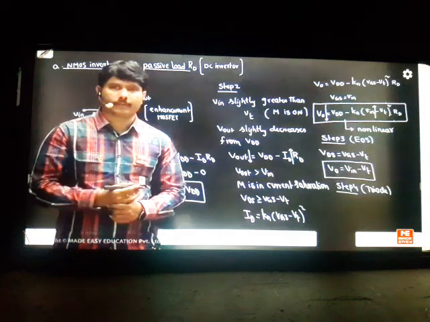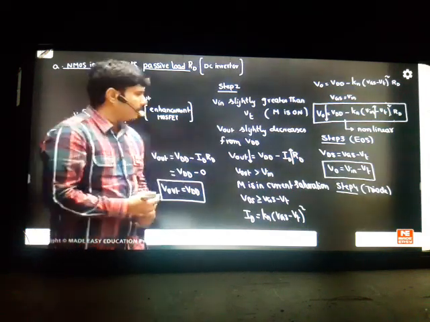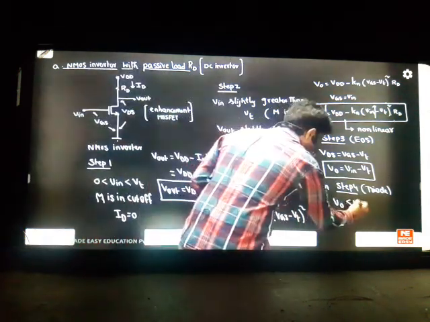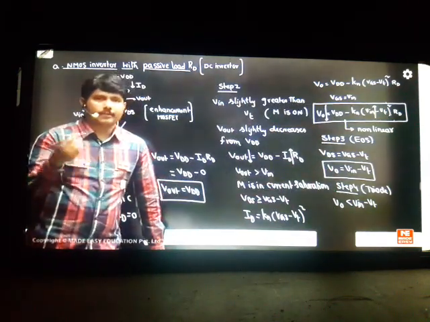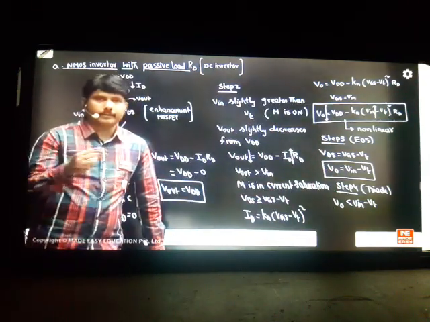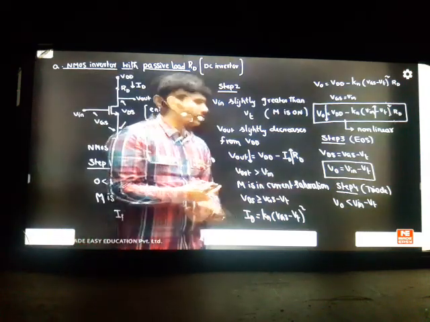That means you have to apply more and more input voltage such that the output will decrease, your input will increase. So in this case, your output should be less than VIN minus VD. Your range should come like this. Apply the input voltage in such a manner that it dominates your output voltage. Because you are applying 0 to VDD at the input, somewhere this condition will come. This is the boundary condition, the triode condition.